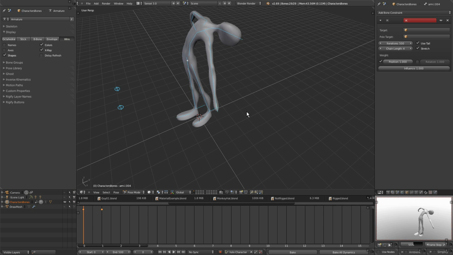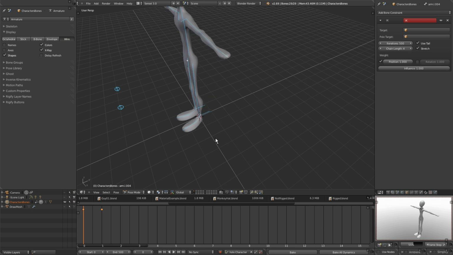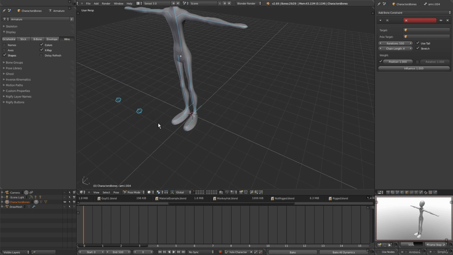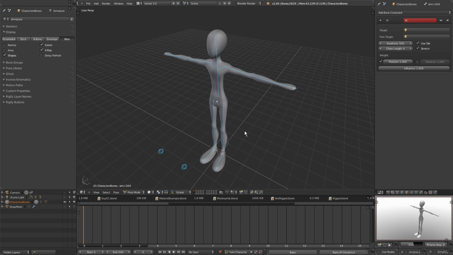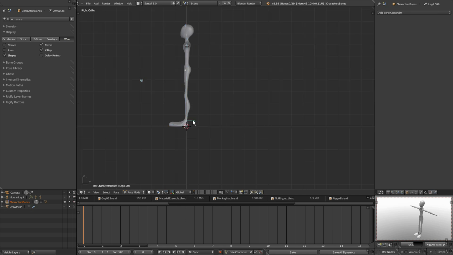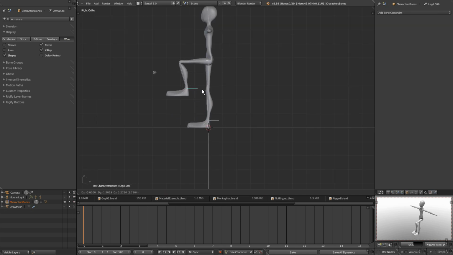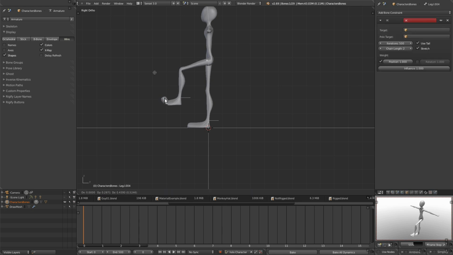Okay, so once again, I'm going to hit A to select all my bones, and then hit Alt-R to reset position, and then X down here with the keyframes highlighted to delete all of the keyframes. Okay, so let's hit 3 to go into right view, and I'm going to hit G to grab this leg here and raise it up, and then I'm just going to grab this toe and bend it a little bit,